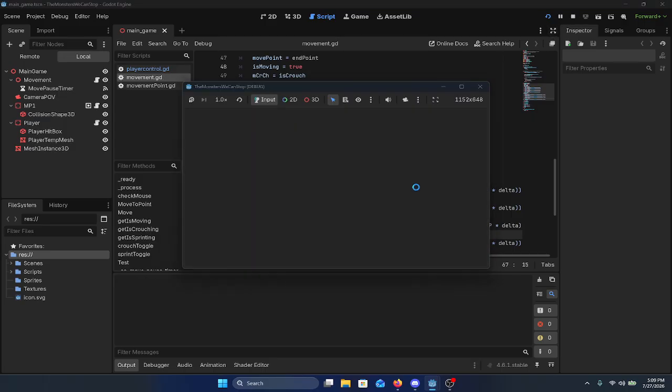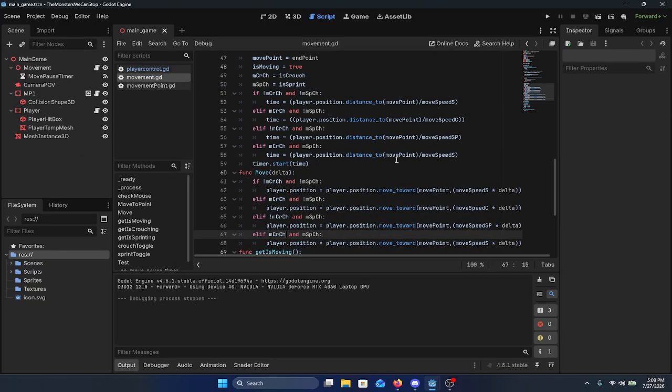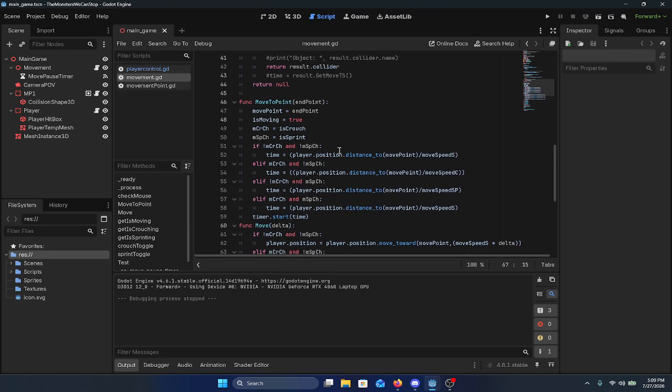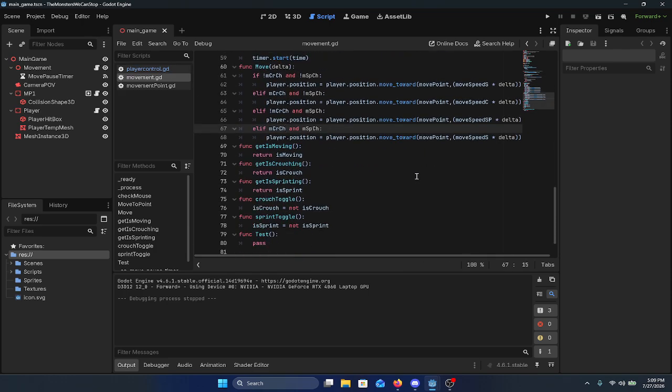So now, if I'm crouching and I release crouching and I sprint, yeah, you see now it only moves at one specific rate, and it allows me to change it whenever you click. Because of that, if I do this, I can change it to return MCR this, and